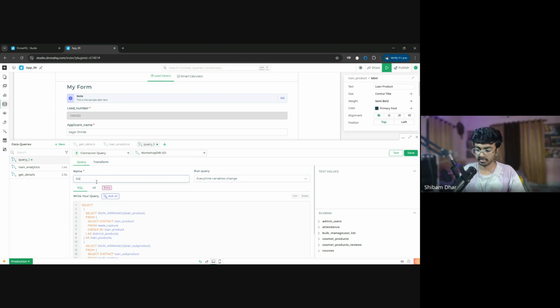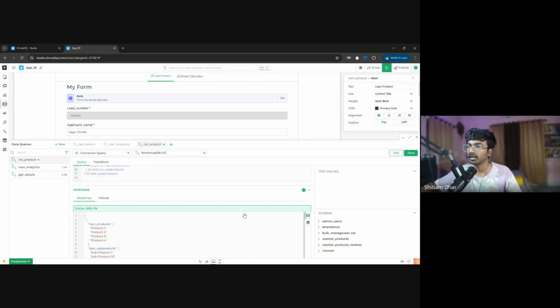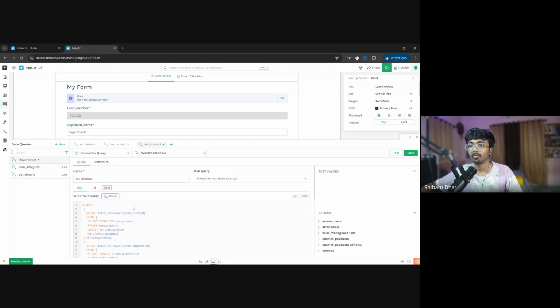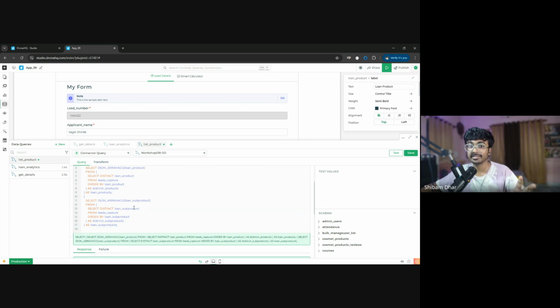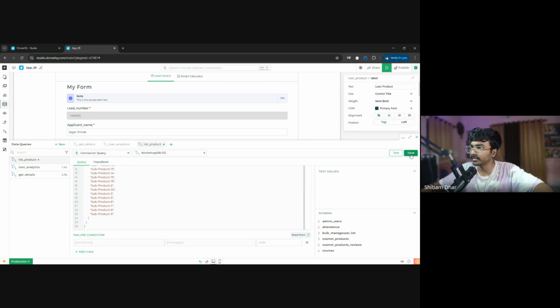Let's name this list product. Okay, let's do test. So what I'm doing is selecting and creating a JSON array, provided that all the objects are distinct. Now I'm getting two separate results, loan products and loan subproducts. And if I save this one